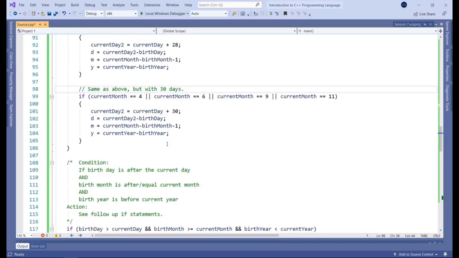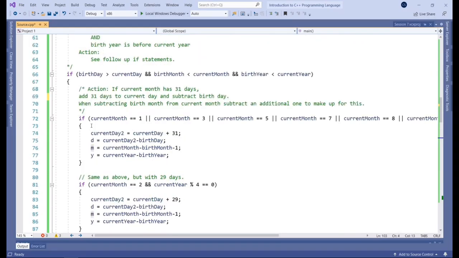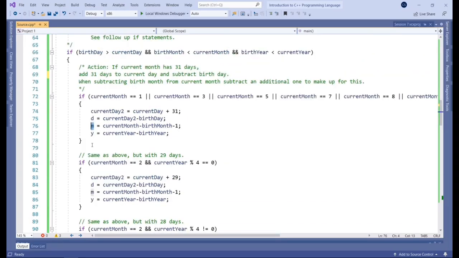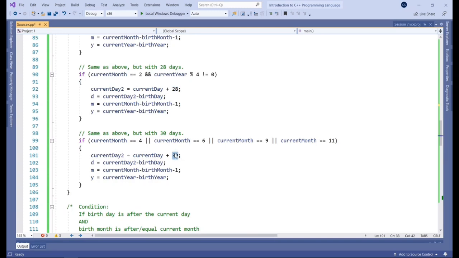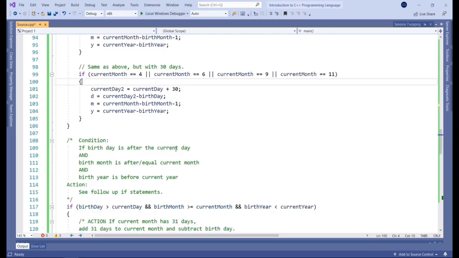So that's it. And again, we're doing that same exact calculation, but because we have a few different things to adjust for, such as the day there and then the month afterwards, it can look a bit more complicated. But when you look at all this, really the only difference is that we're going to be adjusting for 31 days, 29 days, 28, and 30. So don't let the different if statements put you off or frighten you. There's nothing really fancy going on there. It's quite simple once you go through it.